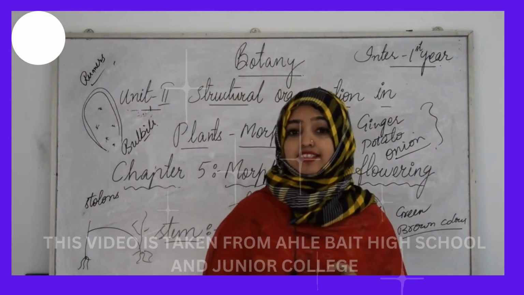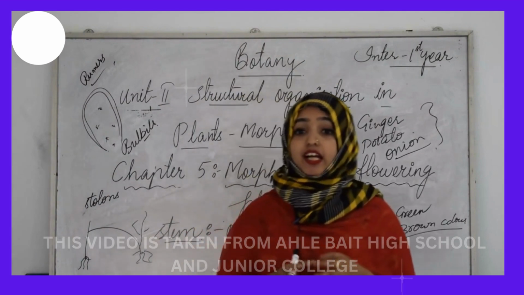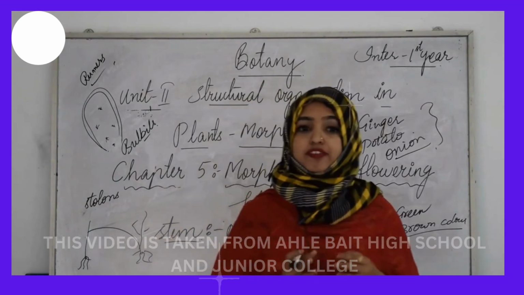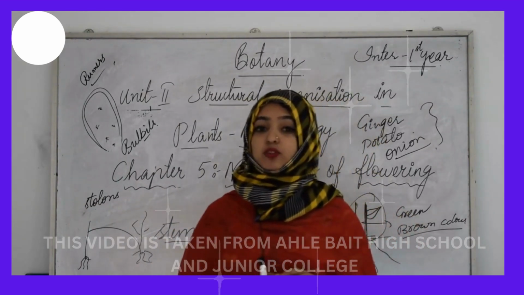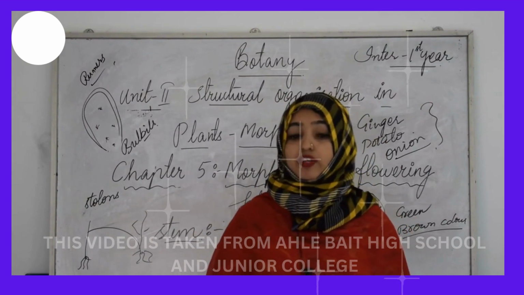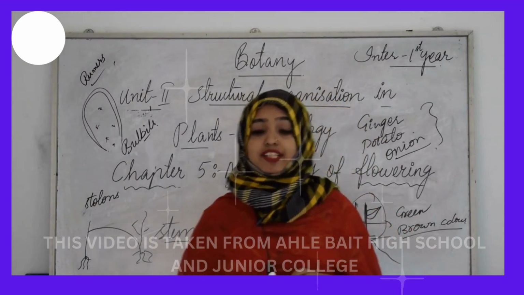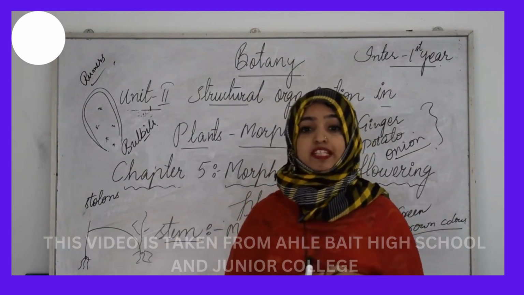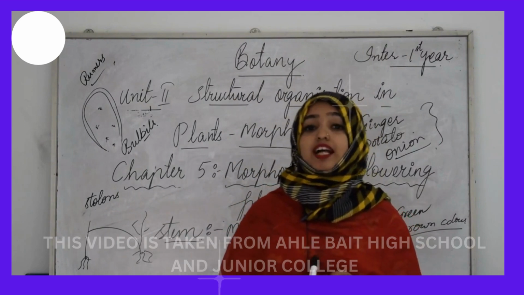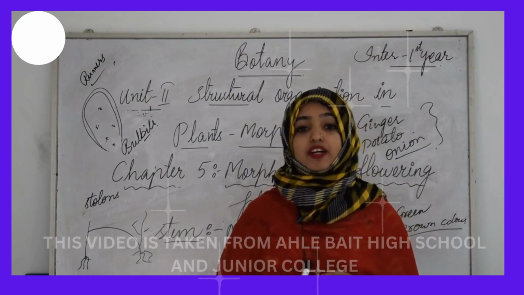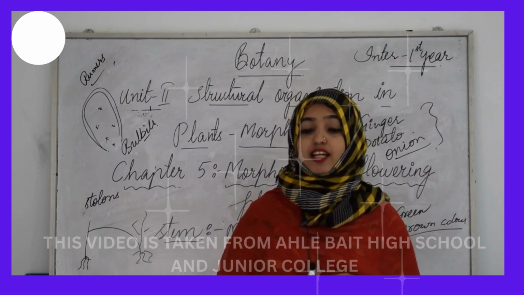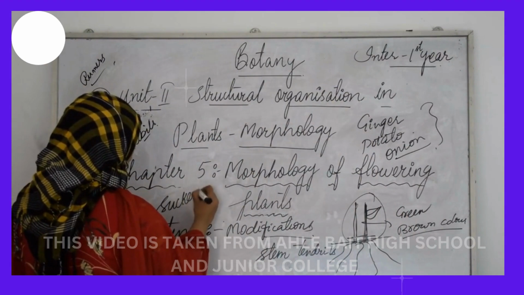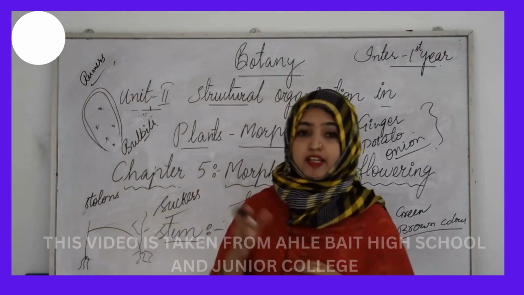And in some aquatic plants like Pistia and Eichhornia, the best examples you can take, a lateral branch of one internode length called an offset is found, which bears a rosette of leaves at each node, and a tuft of balancing roots arising from the base of the discoid stem. And in banana, pineapple and chrysanthemum, the lateral branches originate from the basal and underground portion of the main stem, grow horizontally beneath the soil, and then come out obliquely upward, giving rise to leafy shoots, and these branches are called suckers. So this is the last modification of the stem, that is suckers, which can normally be found in banana, chrysanthemum, pineapple and so on.